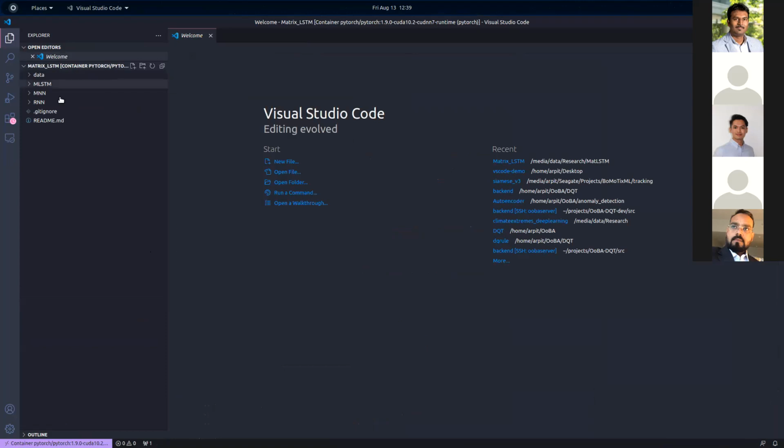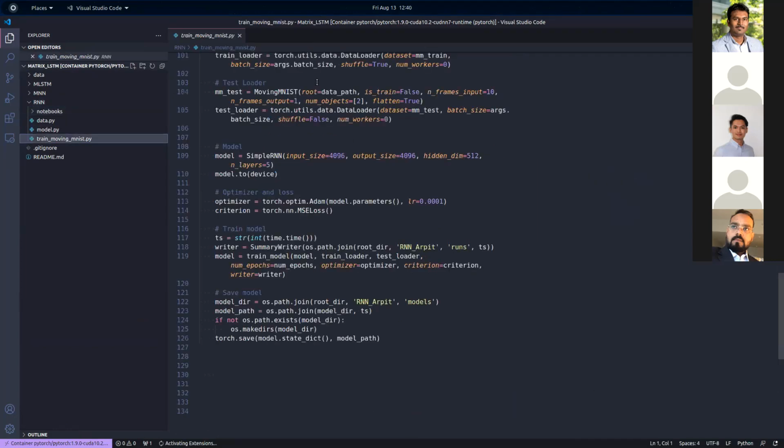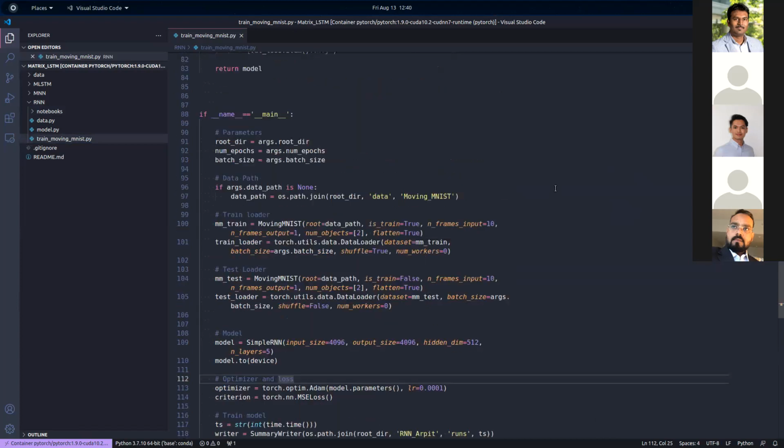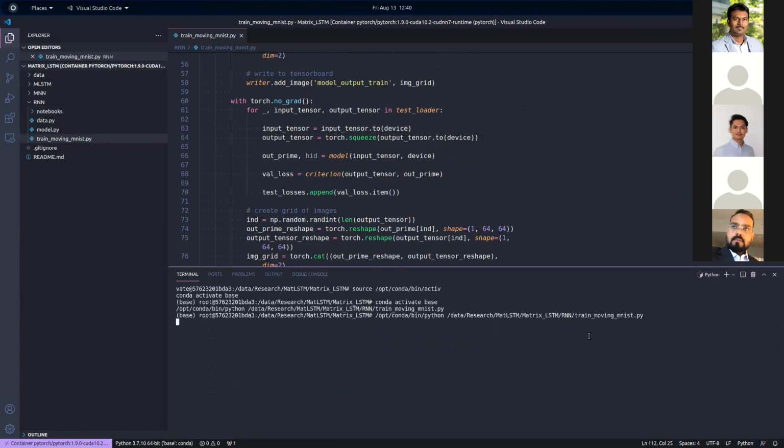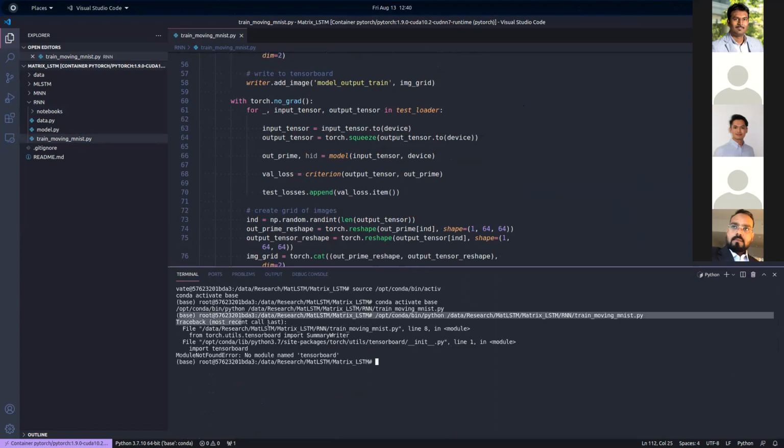Right? So now I am in a GPU-enabled container within my machine, and I can simply run this code. Now, as you can see, it's not my local machine, but the container. So I have some libraries that are not installed here. I can just do a pip install to install these libraries.